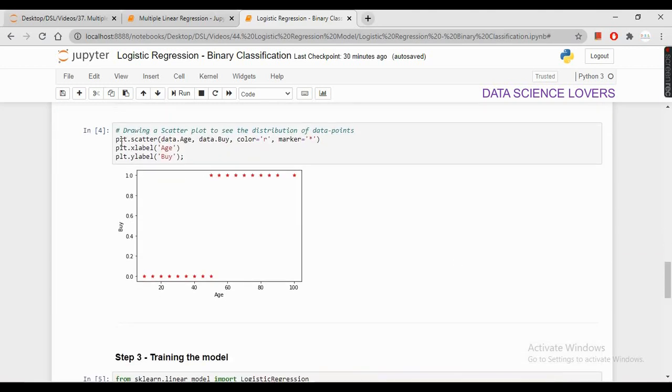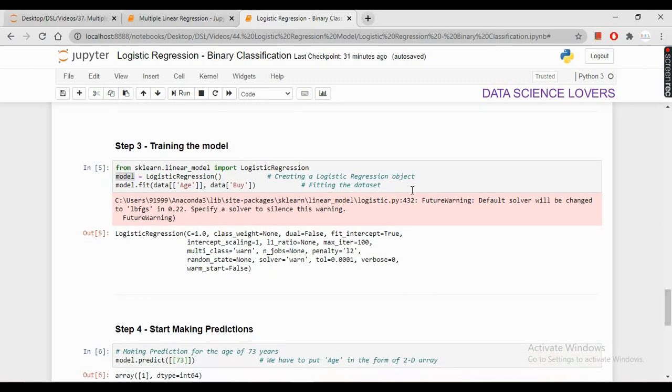Next, we used the scatter plot to see the distribution of these data points. Here it is showing that if the age of the person is less than 50, then the person didn't buy an insurance, while if the age is greater than 50, then the person bought an insurance.